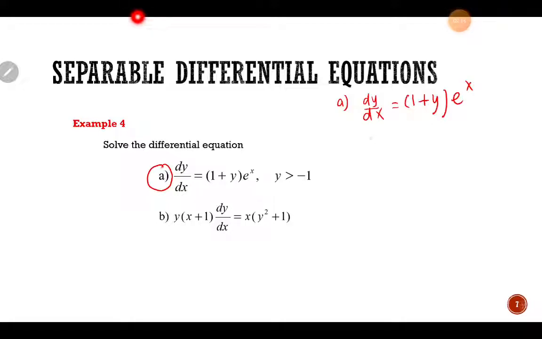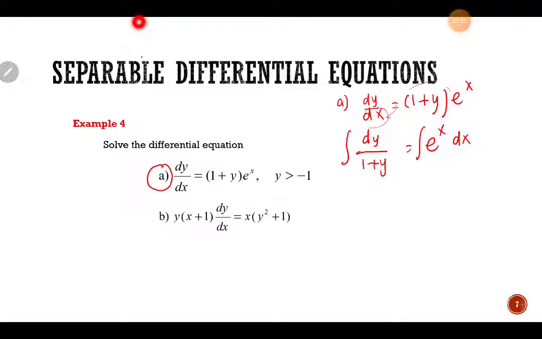So bila separate dia jadi senang lah. Yang ni sangat nampak, dy over 1 plus y equals e to power of x dx. Boleh faham, yang ni pergi ke belah kanan, 1 plus y ni pula pergi ke belah kiri ke bawah. So next kita introduce integration both sides. Nak balance, kita kena introduce both sides. So what we have to do next is, of course, bila ada integration kena integrate lah. So we integrate this, we have dy over 1 plus y, let's say 1 over 1 plus y dy,